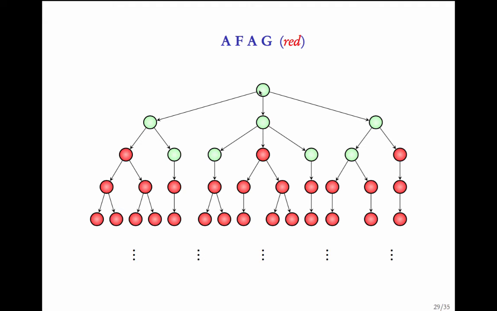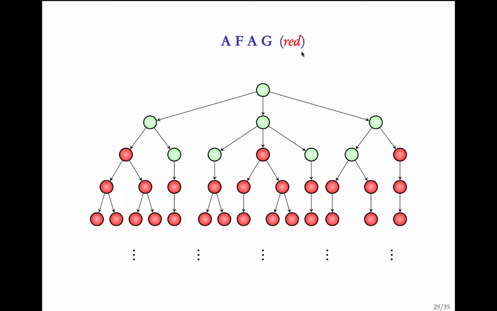Here, look at all the paths. At some point of time, you reach a state where AG red is true. From this state, AG red is true. From this state, AG red is true. From this state, AG red is true because all paths out of this state satisfy G red. Similarly, all paths out of this state satisfy G red. So AG red is true here, AG red is true here. Similarly, AG red is true in this state. And hence, you have this